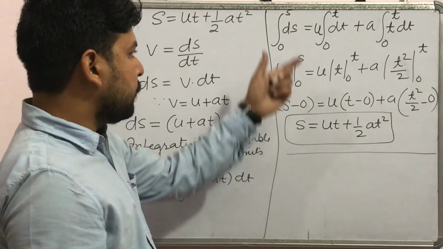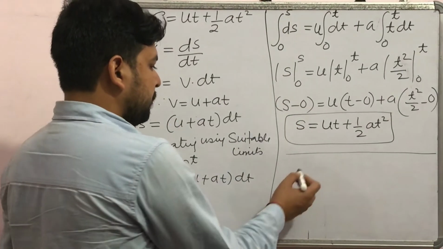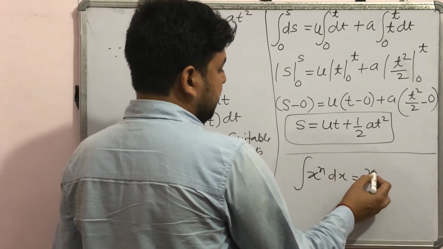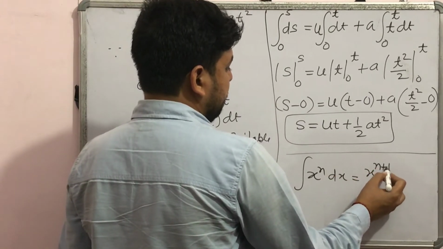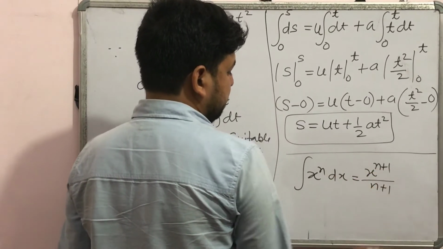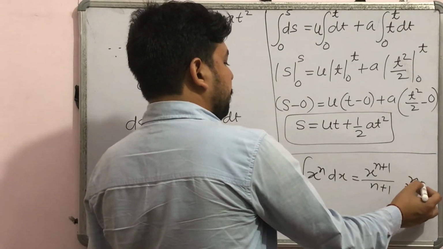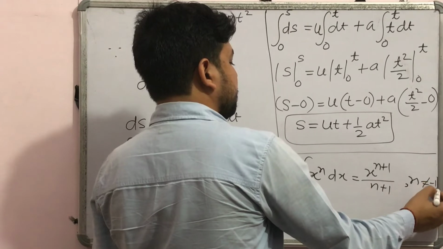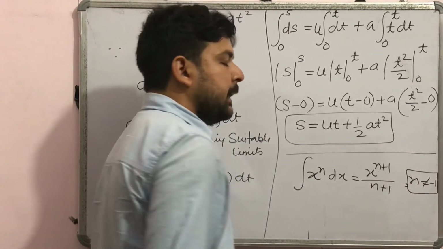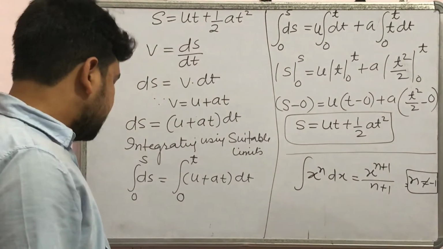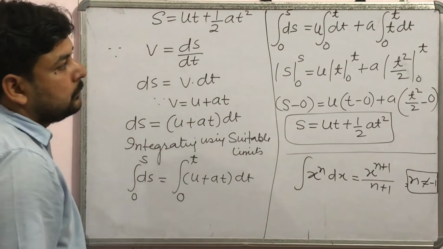बच्चों आपको बताना चाहता हूँ यहाँ जो फॉर्मूला आपने यूज किया है that is integration x raised to power n dx and that is x to the n plus 1 over n plus 1. आपको ध्यान रहे n cannot be equals to minus 1. यहाँ पे n minus 1 नहीं हो सकता. It can accept any value except minus 1.